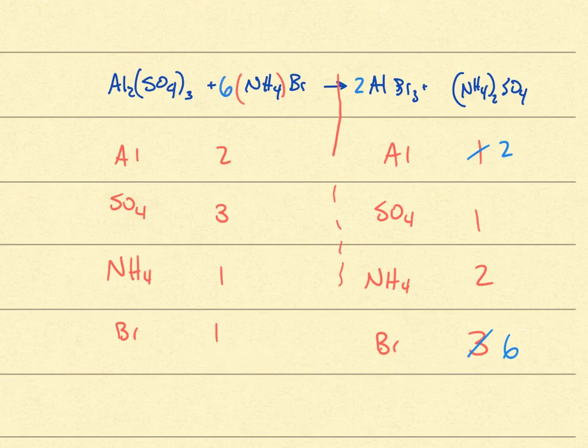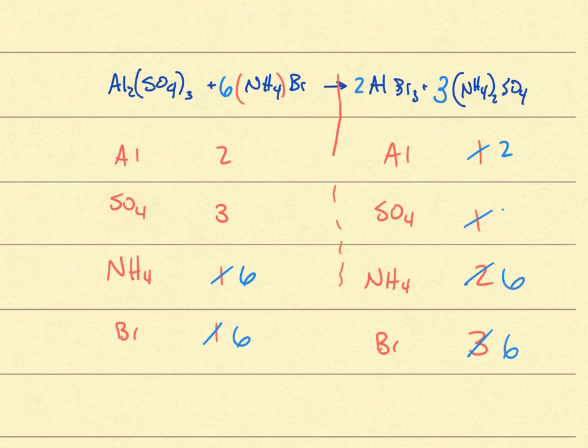So I'm just going to multiply this whole side by 6. And it not only multiplies my bromine times 6, but it's going to multiply my ammoniums times 6. So now that my ammonium has been changed, I go back to the other side and work on the ammonium. So every time I do something on one side, I fix it on the other. Now I did bromine, now I'm going to do ammonium again. So 2 goes into 6 3 times, so multiply this by 3 to make 6, and now that also happens